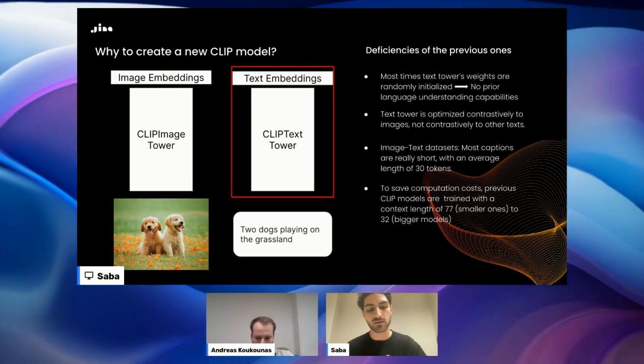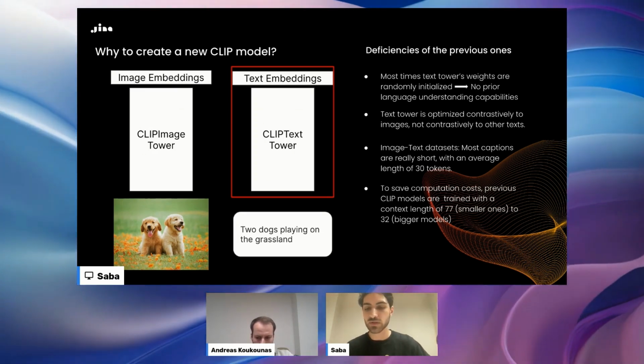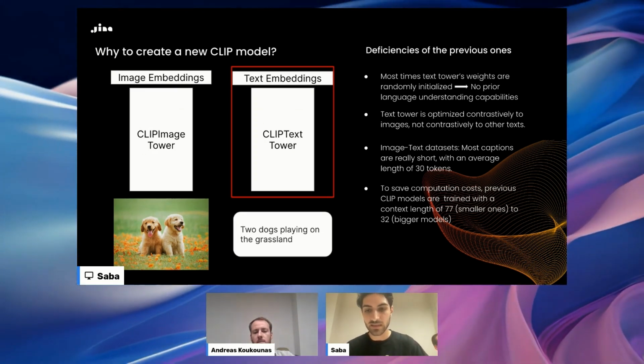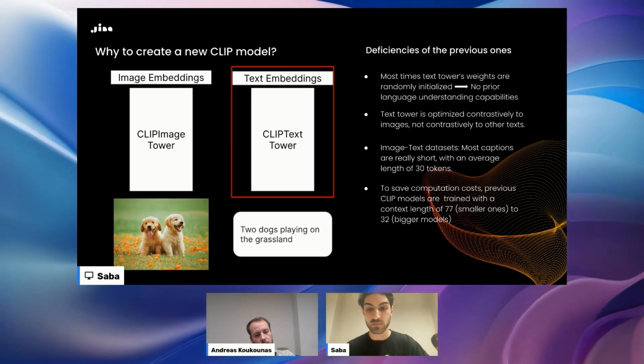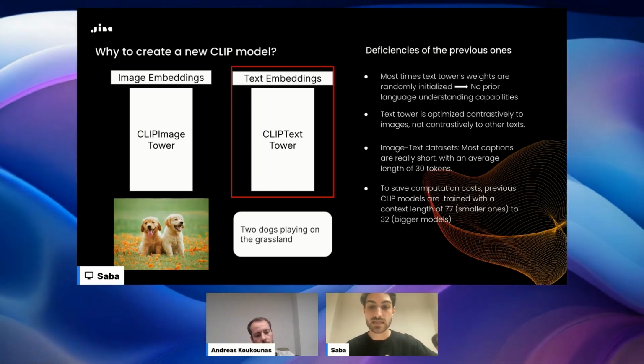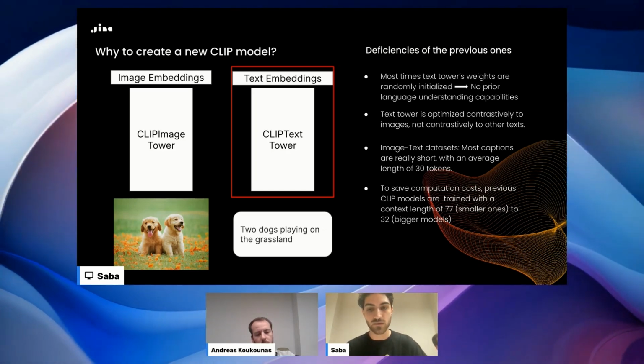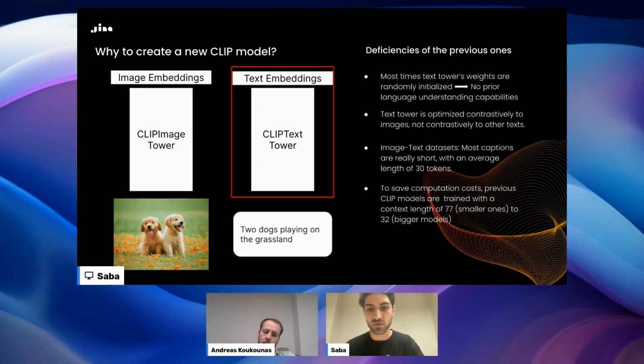One is used with respect to images and is encoded by the CLIP text encoder, and another is used with respect to other text and text-only tasks. And for this one, they usually use